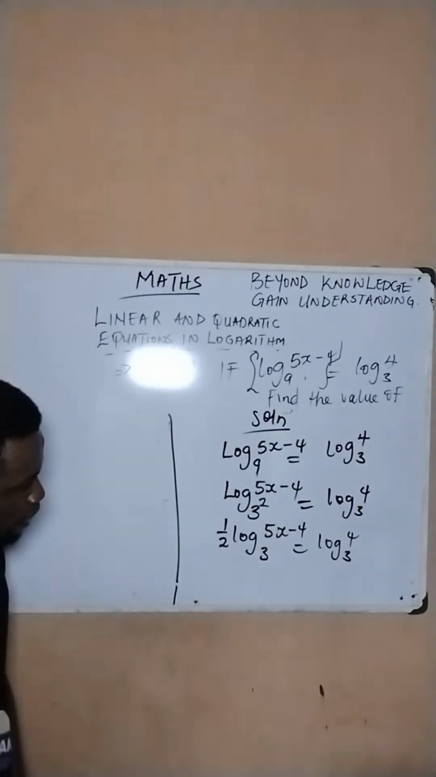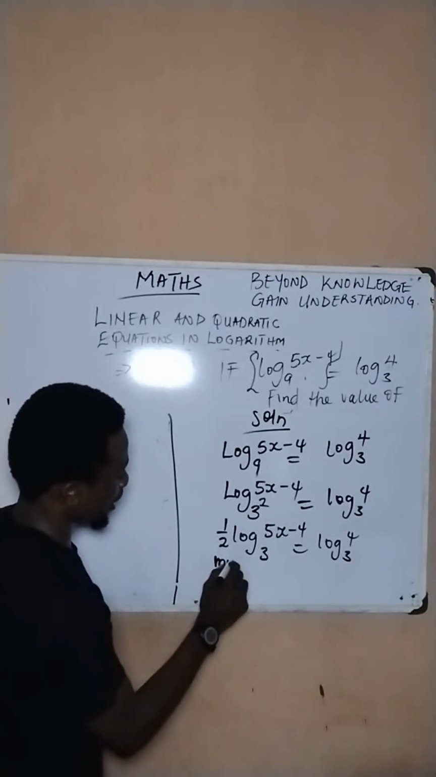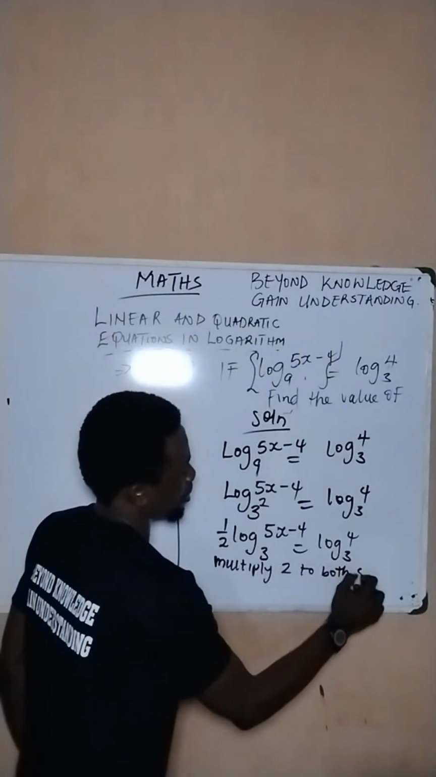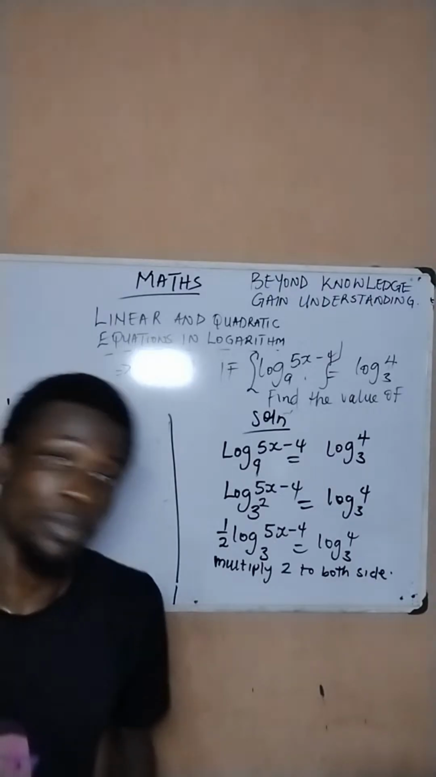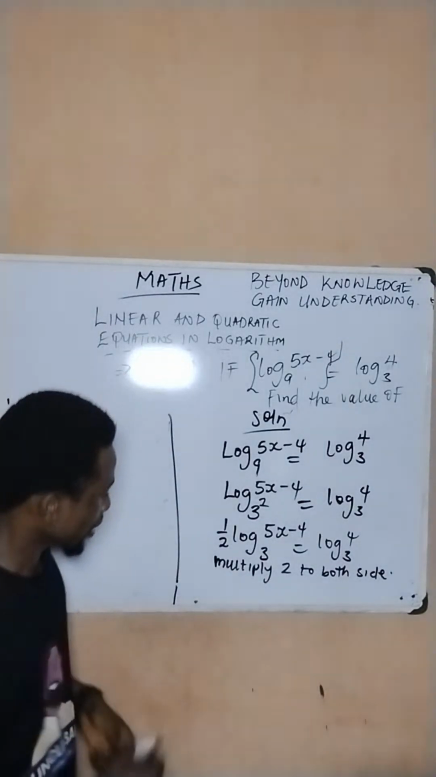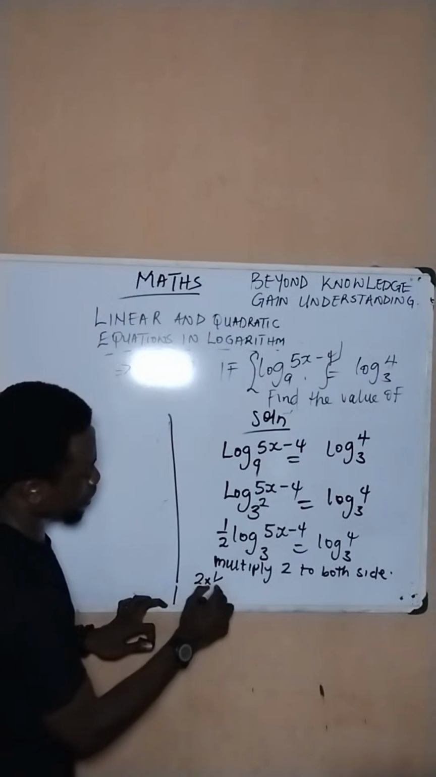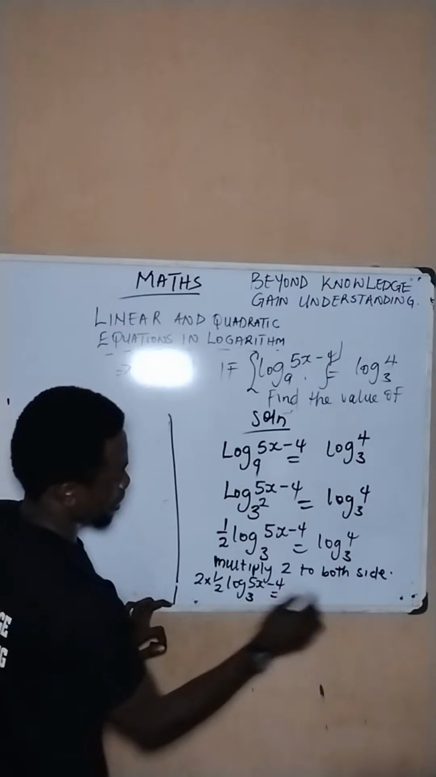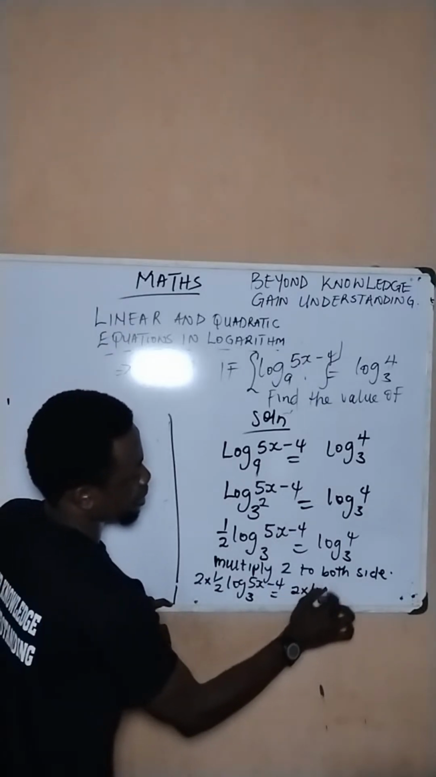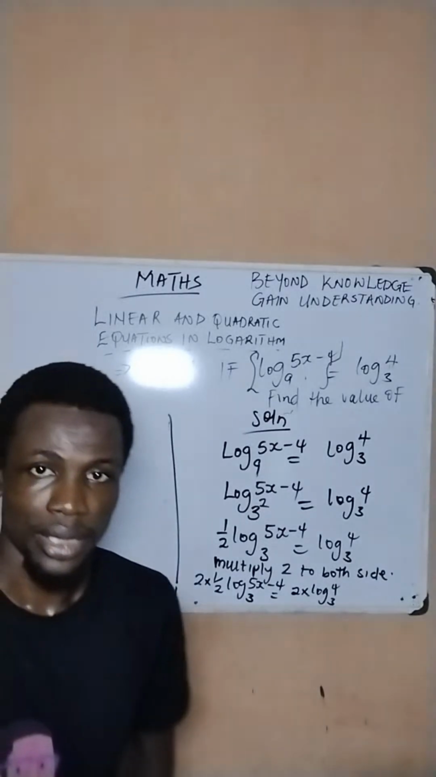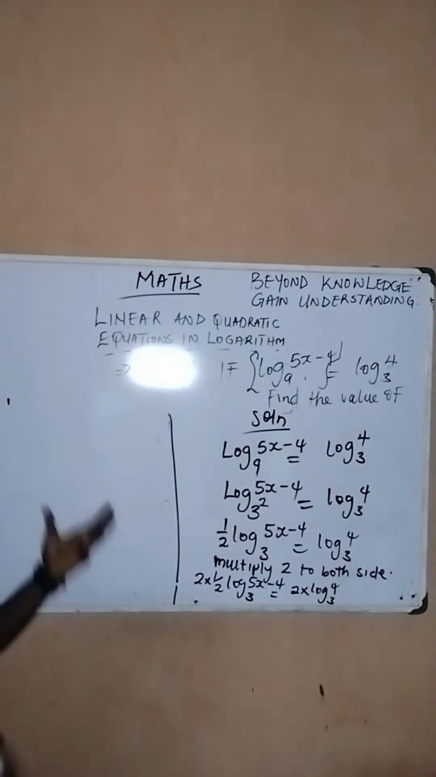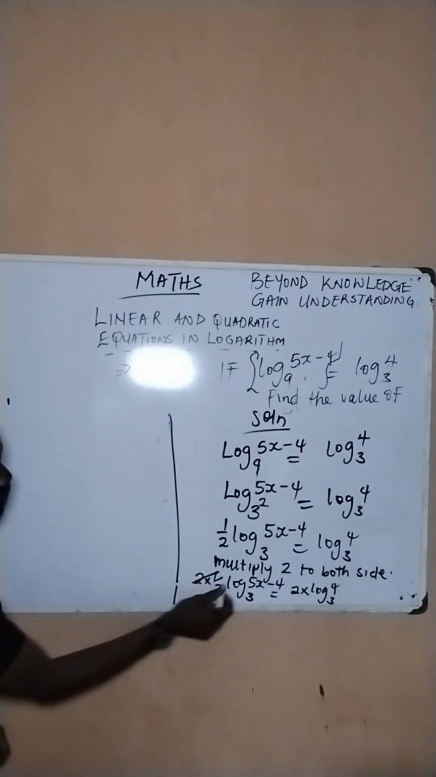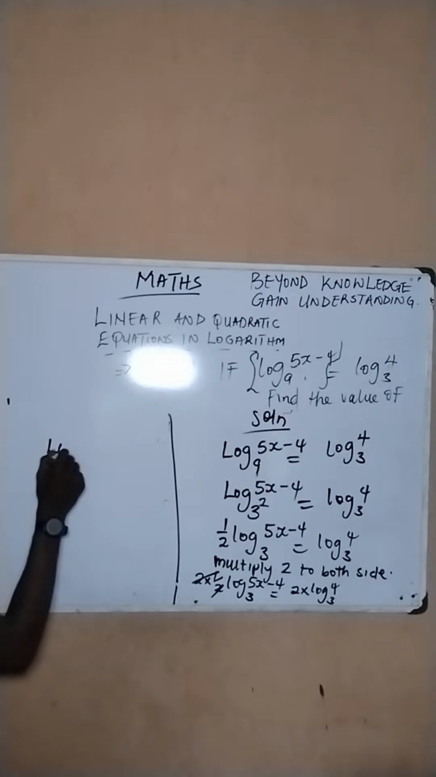Well, we can decide to multiply 2 to both sides, just like we did when we used the previous approach. If we multiply 2 to both sides, 2 will multiply 1 over 2 log 5x minus 4 base 3. And the 2 will now go and multiply log 4 base 3. That's what we're going to have. Once we've gotten to this stage, it's now going to give us 2 multiplied by half will cancel out. What we have remaining is just log